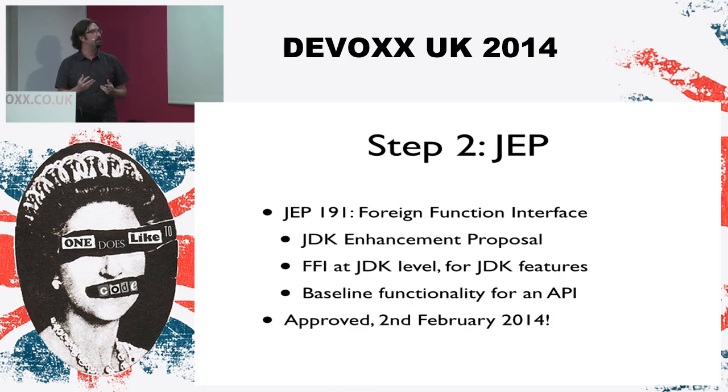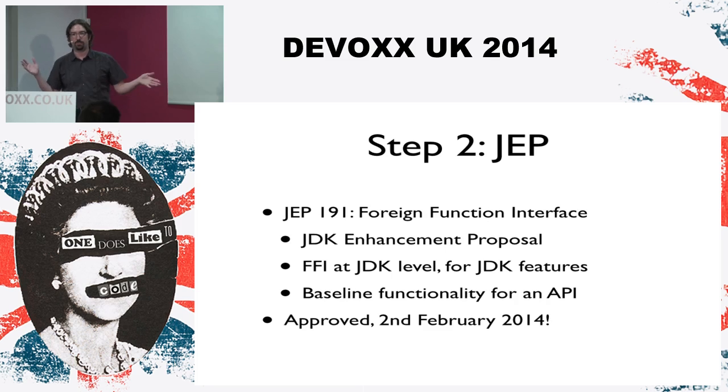They just don't feel right unless they're optimizing all the time. So step 2 then was to get a JEP, a JDK enhancement proposal, so that we could at least have an internal API at the OpenJDK level. For example, now.2 is a perfect example. If we wanted to add more features to that in Java 9, we wouldn't have to write the C code for it and make sure it's compiling and working right across all platforms; we'd just have to write the Java stuff. We could start enhancing the JVM with those native features we've been missing